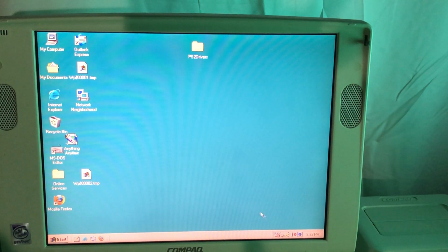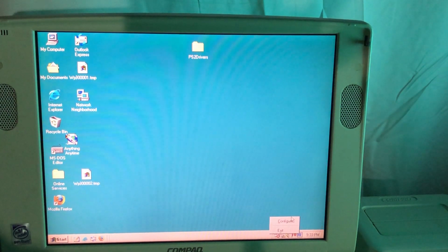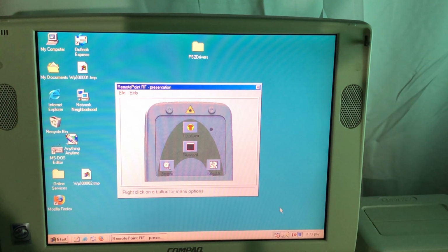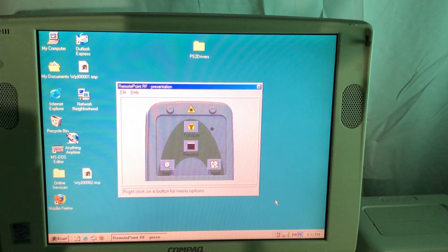Alright, so you now see something near the clock. It's RF, so let's configure it. And now you get your additional buttons. So, number 1...